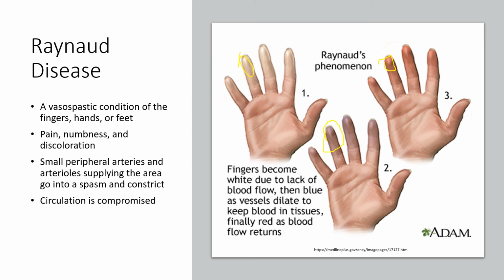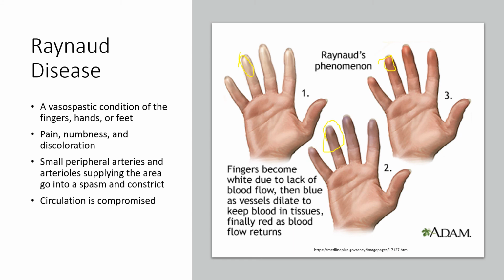And it waxes and it wanes. It changes from all different colors over time. So the fingers become white due to that lack of blood flow, then they're blue as the vessels dilate to attempt to keep the blood in the tissues, and then finally they turn red when they are being rapidly perfused again. So what's actually happened in Raynaud's phenomenon or Raynaud's disease is the small peripheral arteries and arterioles supplying the area